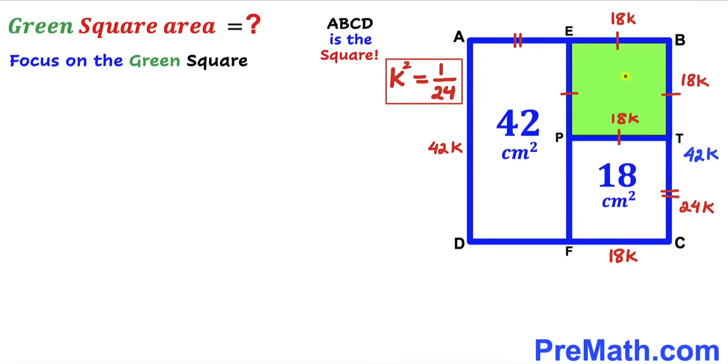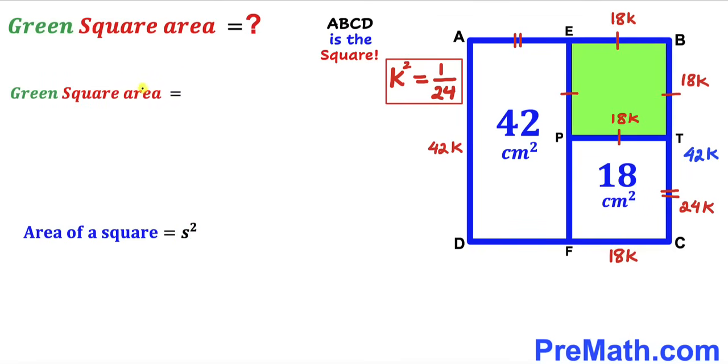And here's our final step. Now we are going to calculate the area of this green shaded square EBTP. And now let's recall the area of a square formula. Area is always equal to s squared. And in our case, our side length s value is 18 times k. So therefore, this green shaded square area is going to be simply 18 times k, which is the side length of this green square, and we are going to square it. And we know 18 squared is going to be